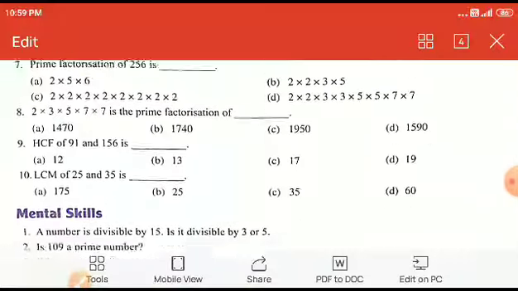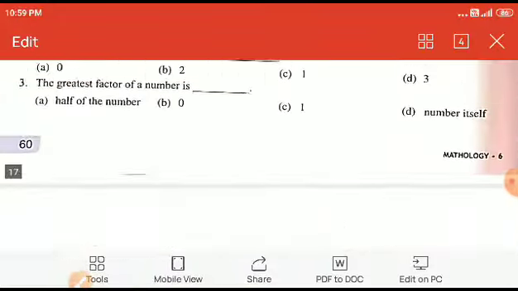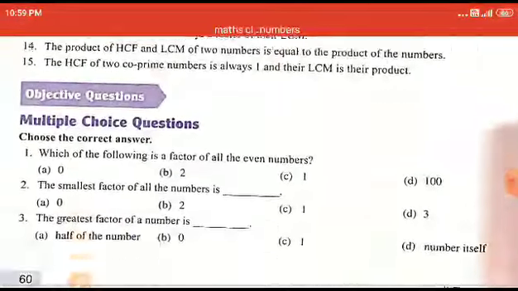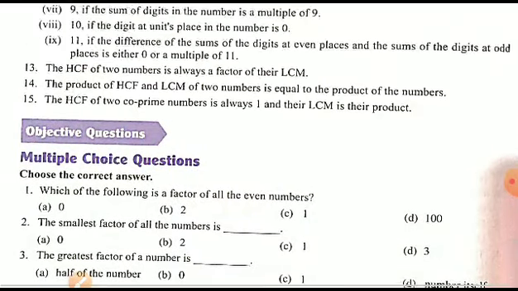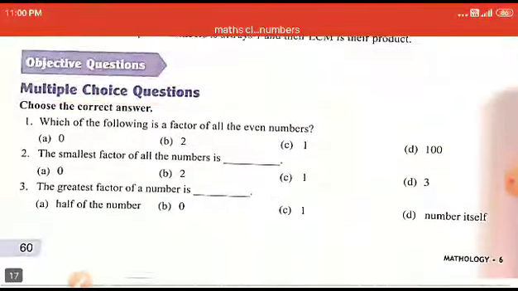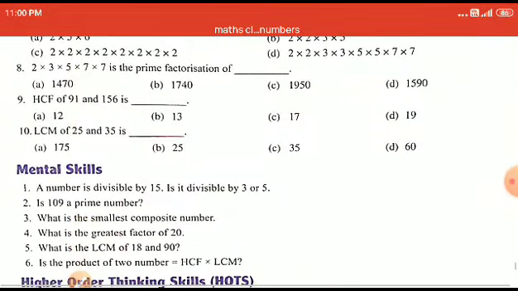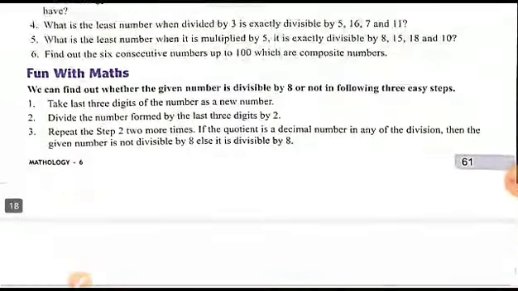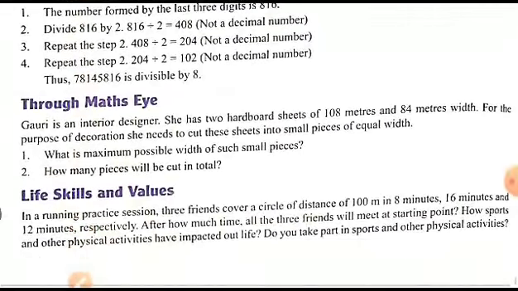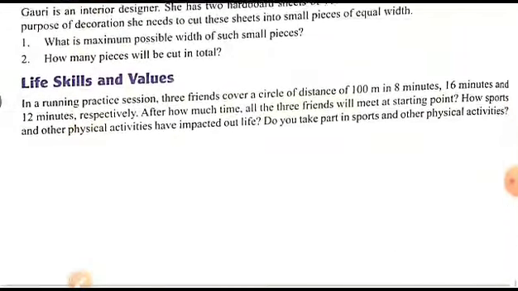Clear students? So in the last there is an exercise for your mental level. This exercise is very important because it contains the whole chapter, and if you solve this exercise and all the questions very carefully, then it should be understood that you have understood this chapter very clearly. Clear students? This is also your homework, and you have to solve this exercise very carefully.